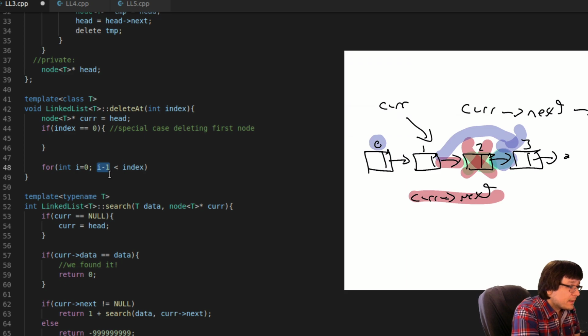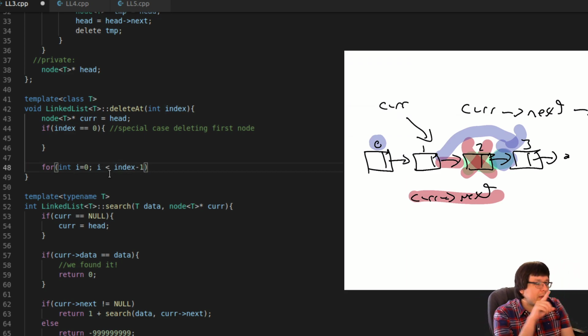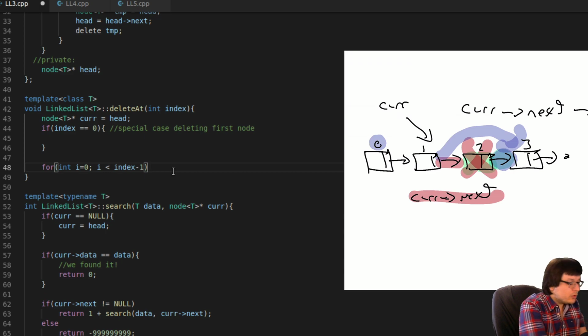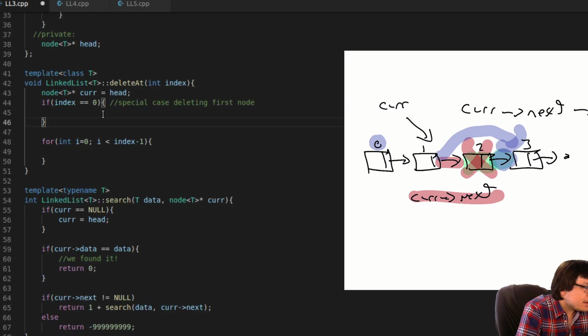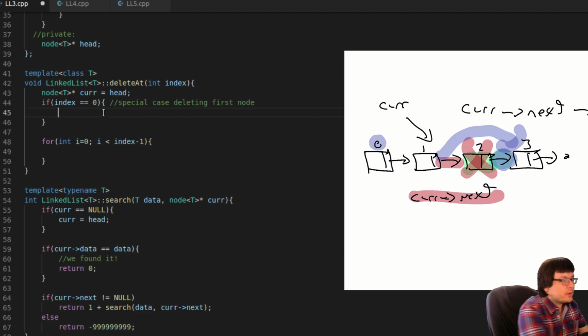So yeah, we'll do I is less than index minus 1. Like if index was 1, then this for loop would not run at all. We would get back to the first node. But if it's index 2, it'll run one time to update it from 0 to 1. So okay, we'll use this like that.